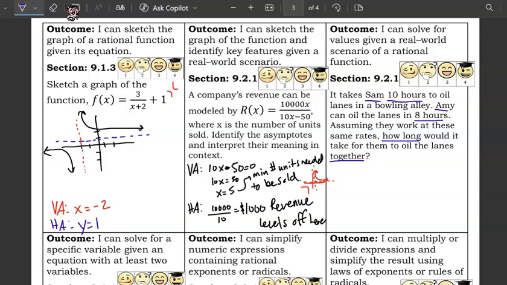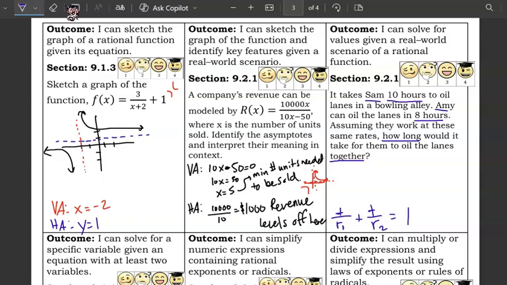Here's the general formula for this. One over the first person's time plus 1 over the second person's time, and you're multiplying that whole thing by t,